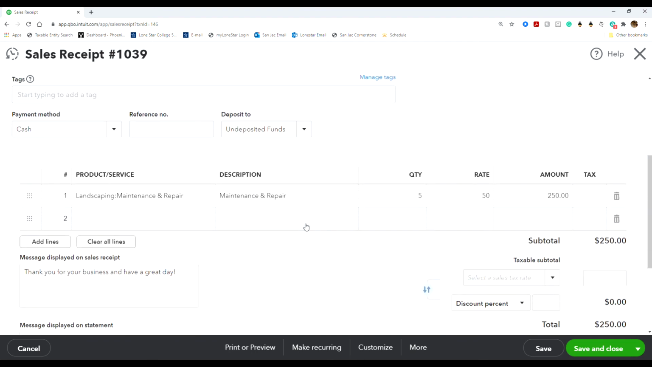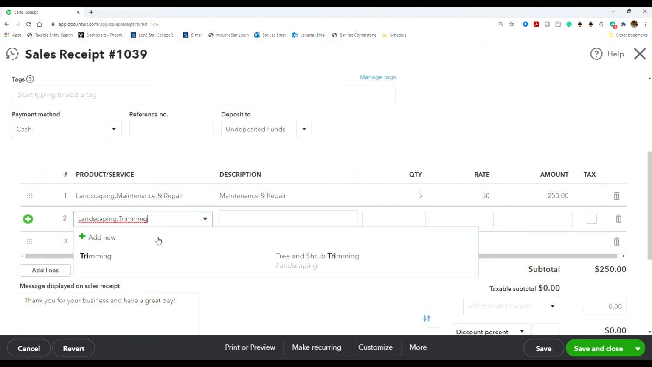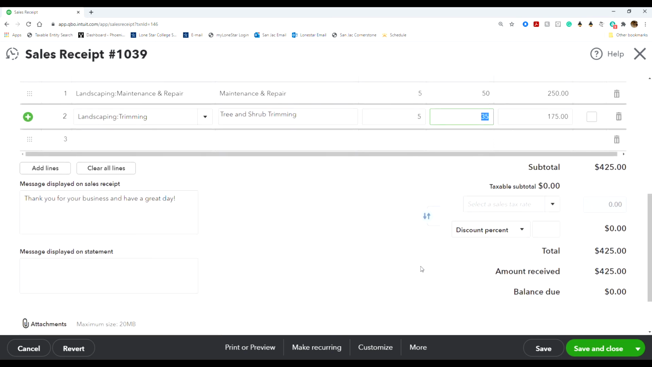Okay, and now we need to add some trimmings. Just like Thanksgiving, gotta add the trimmings. So there's our trimming, and we have 5 hours. And since the rate's already in, we're good to go. It's 175, giving us a total of 425. Okay, so